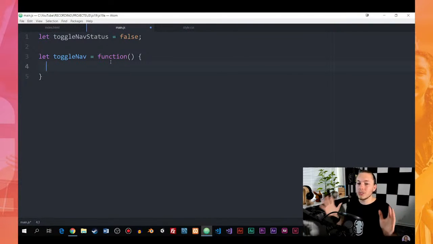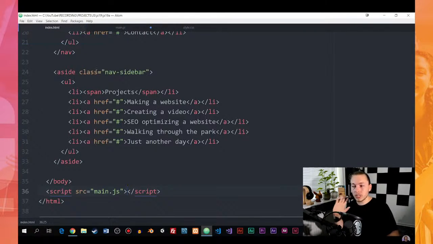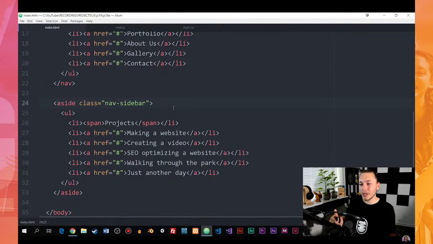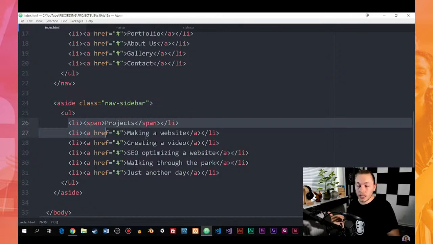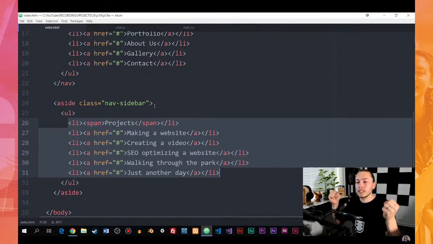So what we want to do is manipulate CSS. So we need to grab the elements that we need to change the CSS of inside the website here. So if we were to go back to our index.html, just to take a look at it. If I remember correctly, I do think the nav sidebar had a width set to 50 pixels inside my CSS styling. So what we want to do is, when I do actually click the button to open up the navigation, I want to change the width of the sidebar to something that does actually fit all the content we have down here inside the sidebar. So we're going to grab the navigation or the